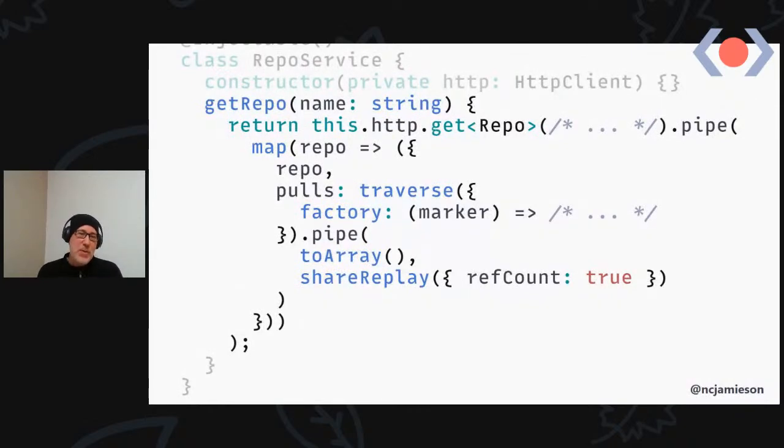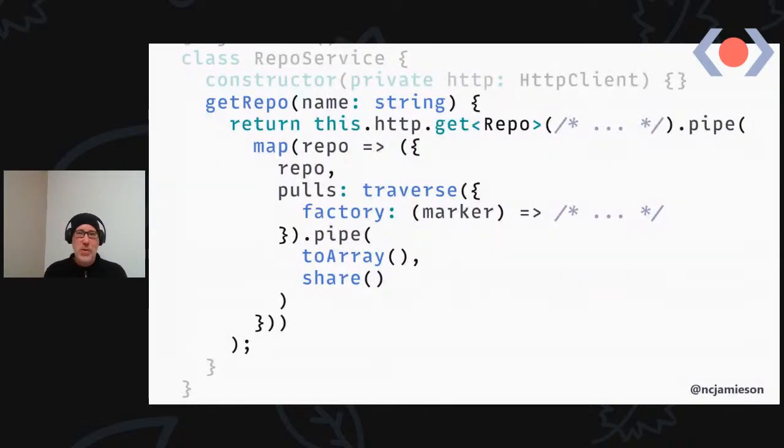That might be what you want, but if you do have subcomponents where people might be navigating to those subcomponents and you wanted to have the pull request essentially up to date, this mightn't be what you want. So you might opt to use share instead. If you use share, the RxJS operator share, it's completely ref counted. So anytime the refCount drops to 0, it will discard its subject and the next subscriber will effect a new subscription to the source. So it will go back to the API, traverse them, get the pull request and return them to the subscriber. So this will make sure that everyone's got up-to-date data.